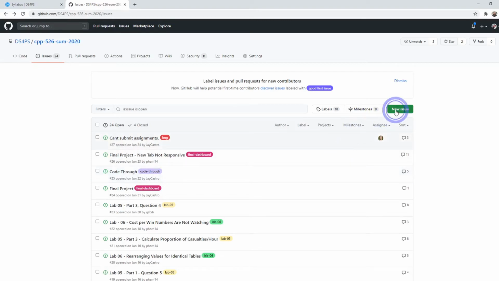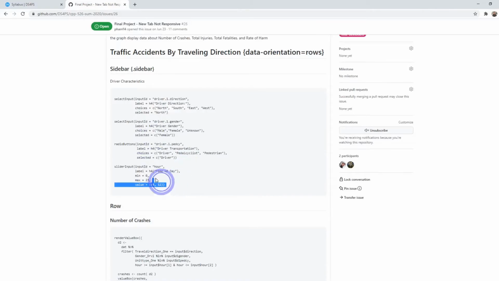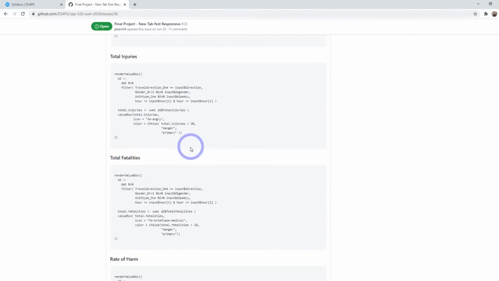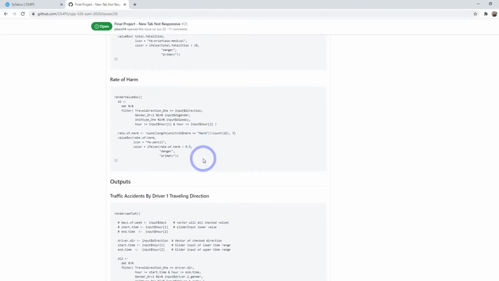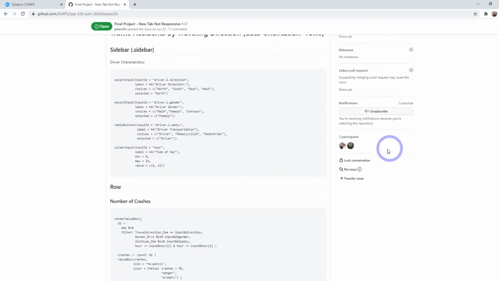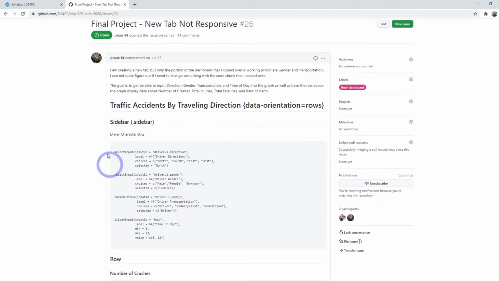Now, here we have a multi-line code chunk, we've got headers, so we've got a lot of different formatting happening here, and that's done in a language called Markdown. You'll learn more about Markdown throughout the rest of this course, but it's important right now for me to just explain in this video how you can post your issues, and eventually you'll be able to format them in more and more useful ways